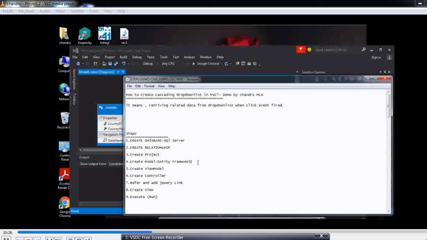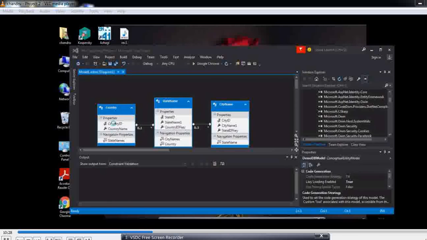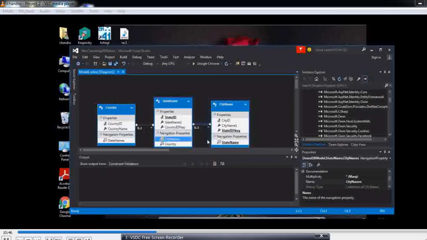Okay, now the Entity Framework model is created. Now we are looking at the three tables with a one-to-one relationship between them. You can find the country ID under State, as a navigation property, as well as the city name and state name navigation property. A navigation property is nothing but the foreign key. Okay, this is a visual representation of our database schema. Okay, now